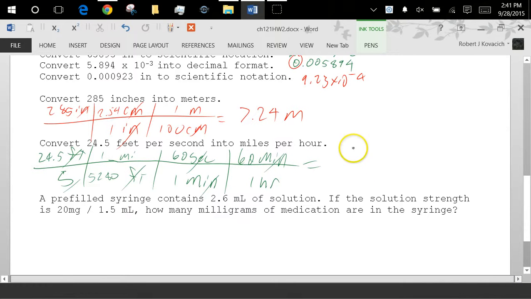What do we got here? Anybody have an answer? I don't remember. 88,000. No. 16.7. Yeah. Think about that one for a sec. 24 feet per second, is that fast? You could run it. Can you run 88,000 miles? Yeah, okay. When you get your answer, does that even make sense? Definitely be asking yourself that.